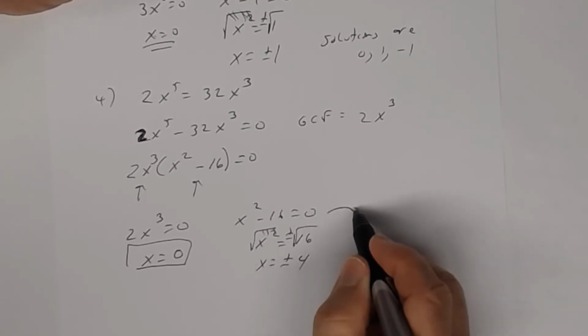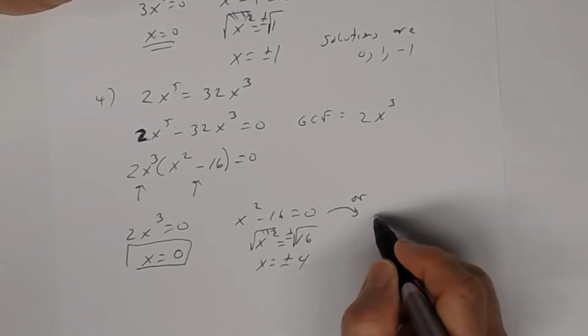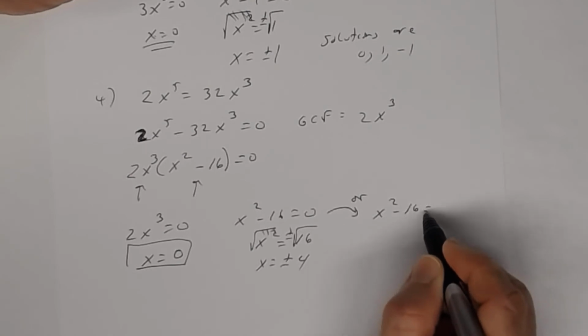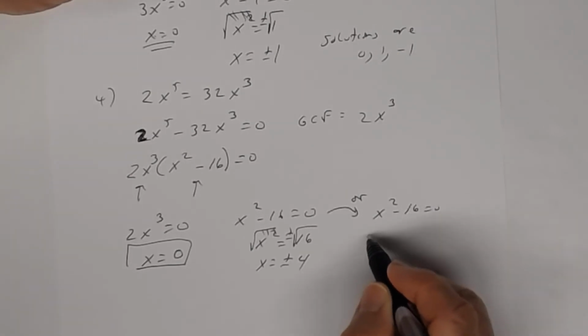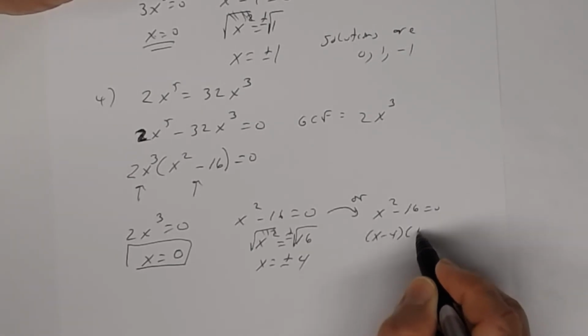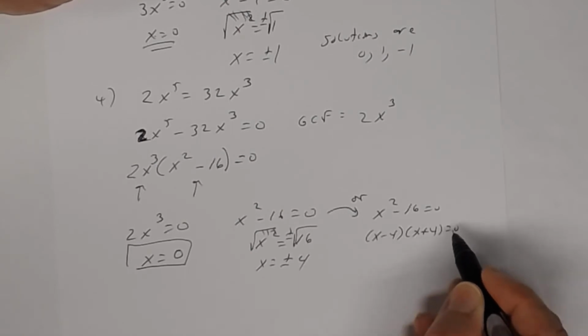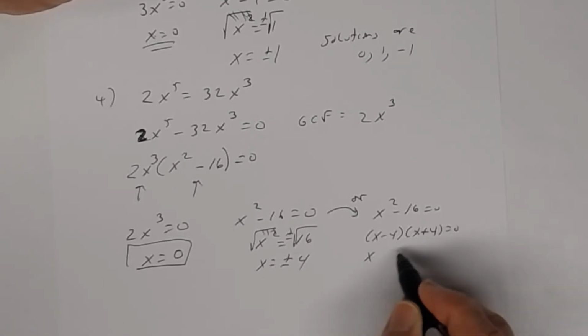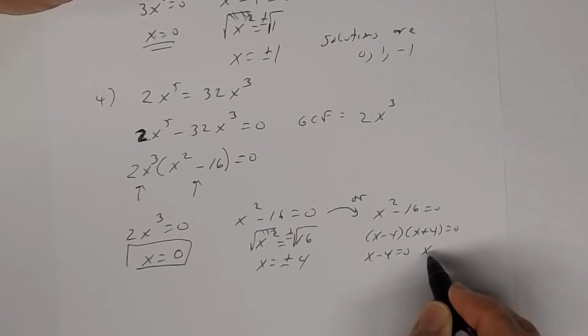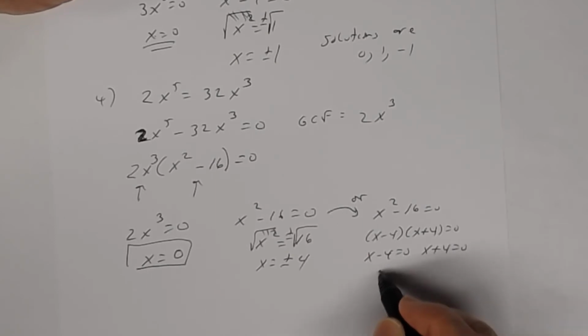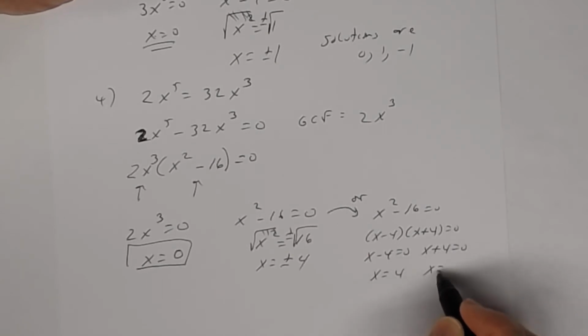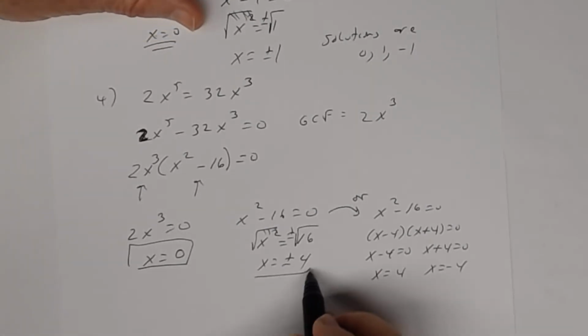And again, if you wanted to, you could have factored the difference of two squares here. So it'll be x minus 4, x plus 4 equals 0. Setting each factor equal to 0, you get x minus 4 equals 0, x plus 4 equals 0. So you get x to be 4, x to be negative 4, which is what you have here. All right. So your solutions,